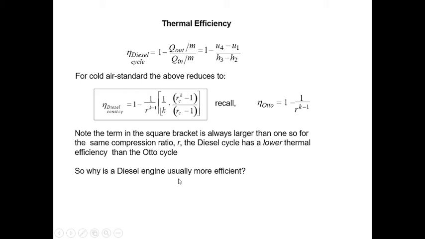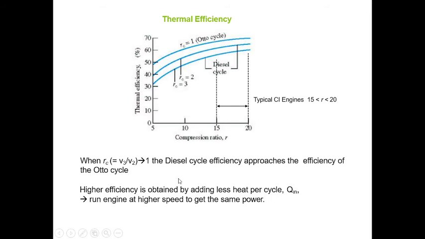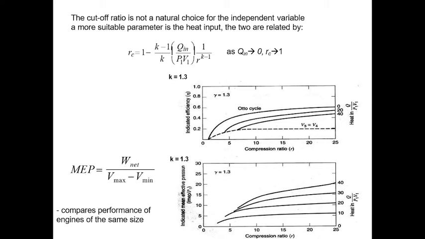So why is a diesel engine usually more efficient? So when the RC approaches one, the diesel cycle efficiency approaches the efficiency of the Otto cycle. So here, higher efficiency is obtained by adding less heat per cycle, so running an engine at higher speed to get the same power. So the cutoff ratio is not a natural choice for the independent variable. A more suitable parameter is the heat input, the two are related by